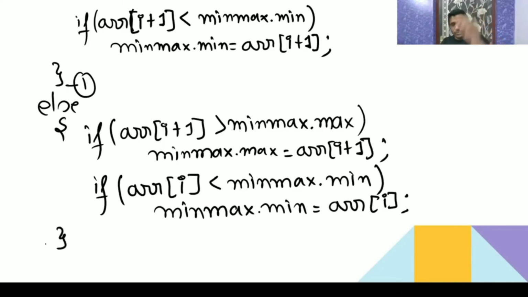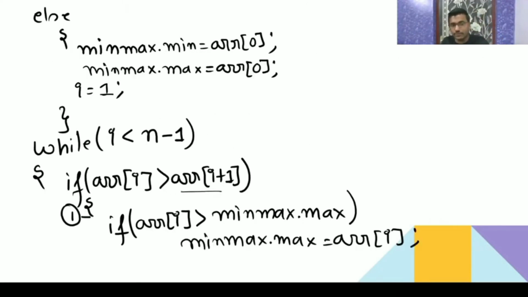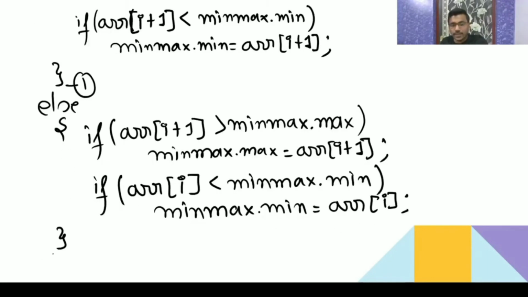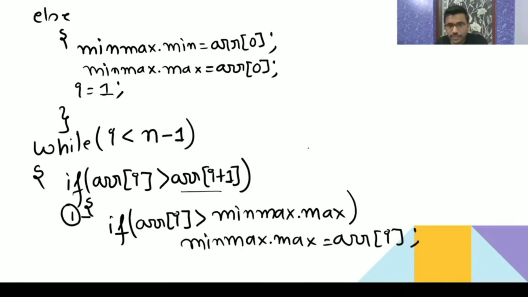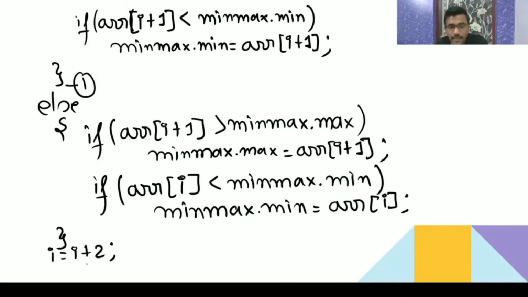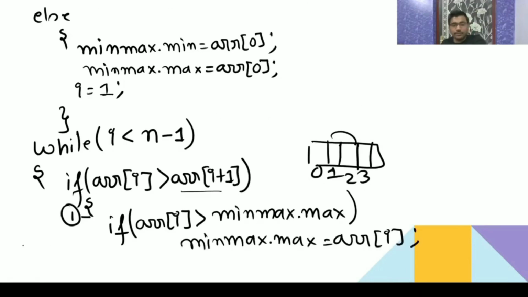So now this is done. See, I have checked between the pair, so this else part is done. Now I will increment I equal to I plus 2, like this it will go. First I have checked for the ith element, then when I came to the first position here, I am taking these two, then I need to go to index 3, so that's why I'm making I equal to I plus 2 and then close the while loop. So I have closed the while loop. See, the while loop is closed.